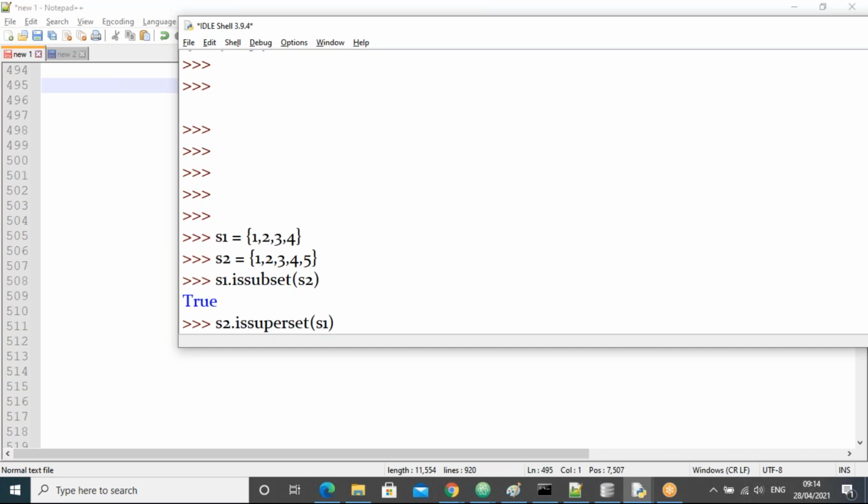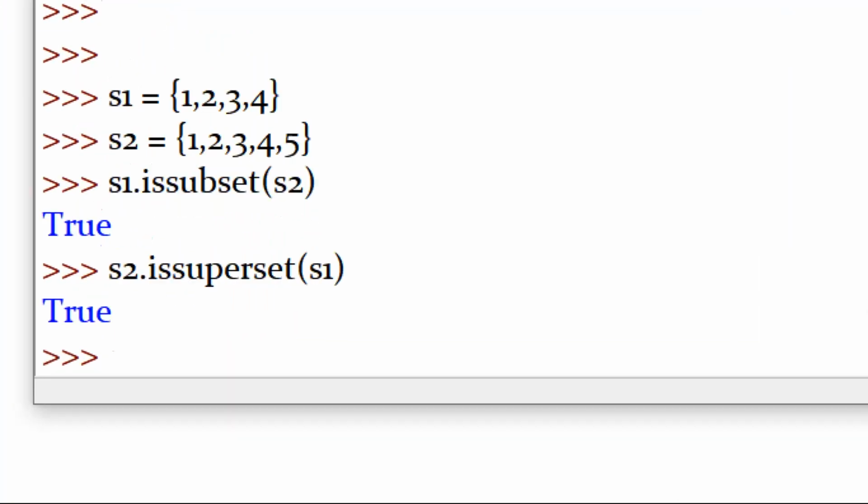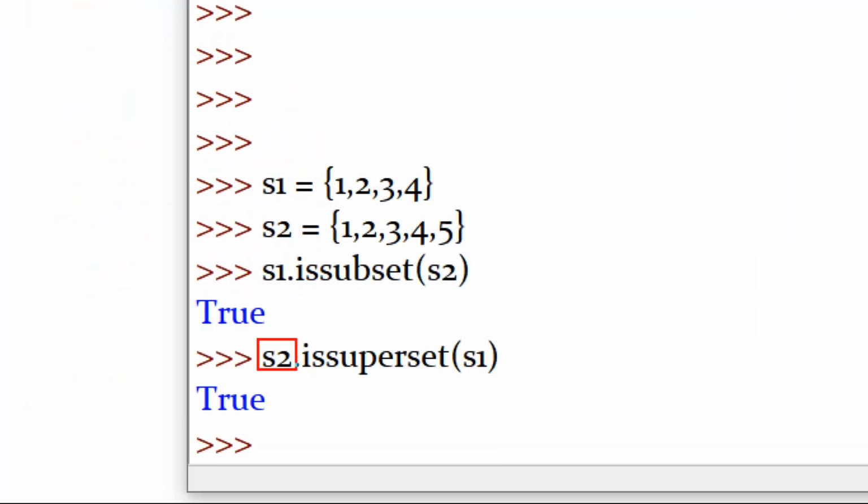True, it is true. Why? Because S2 has all elements of S1. All elements of S1 are available in S2. That's why S2 is superset.